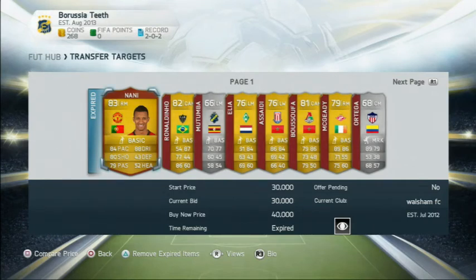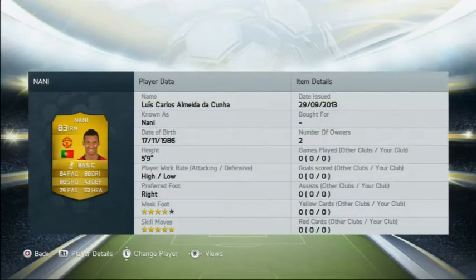So first of all, we start with the Manchester United right midfielder, Luis Nani. Now this guy is a very decent player, so you can switch from the left to the right midfield, so you can play him with